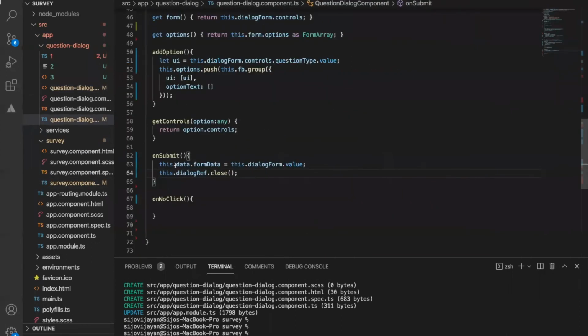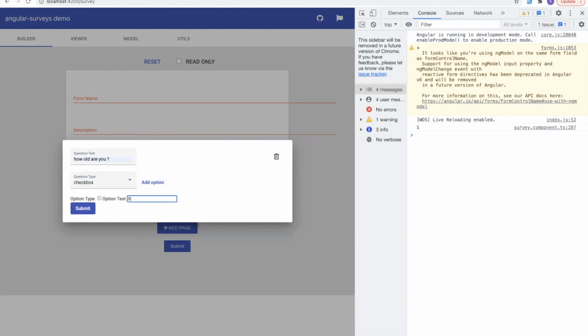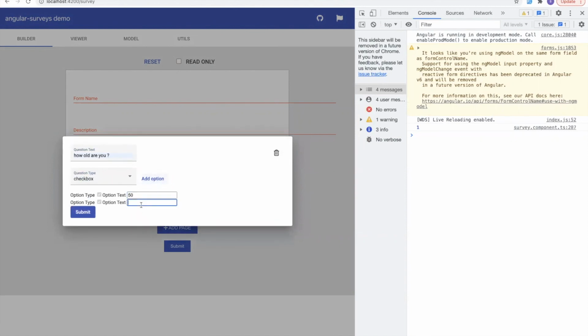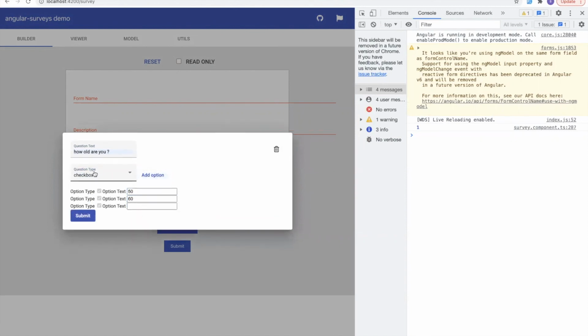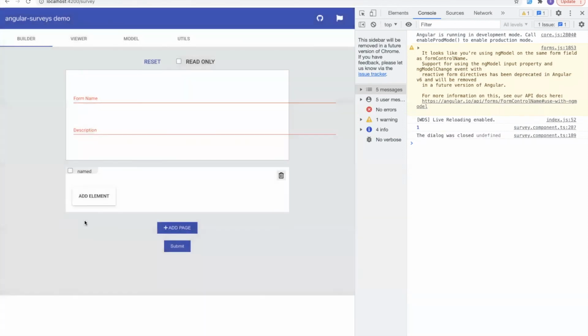Let me see. 60. Okay, that's fine. 40. Now on click, it's still showing us undefined.